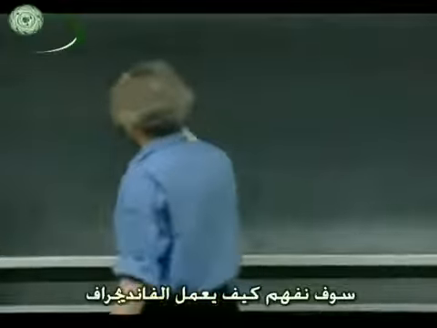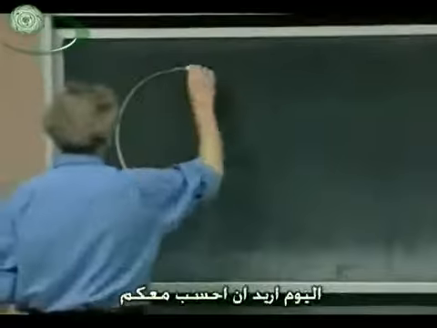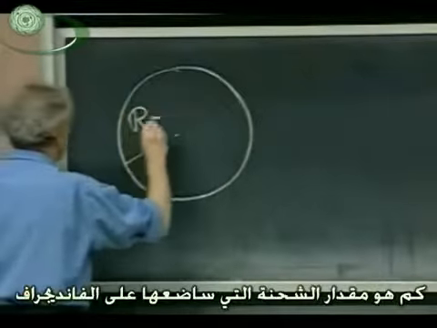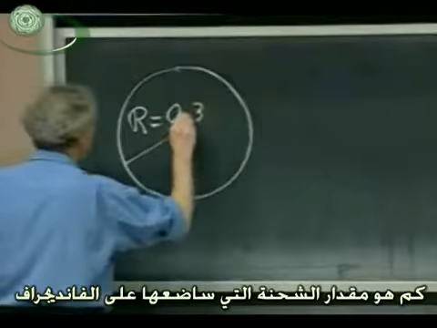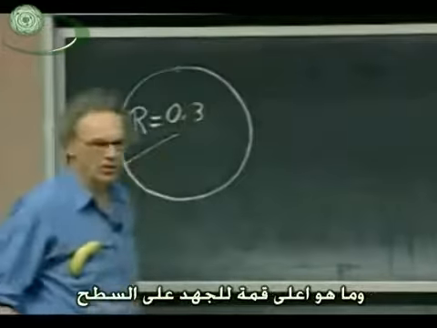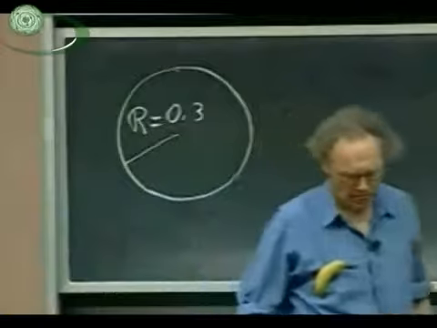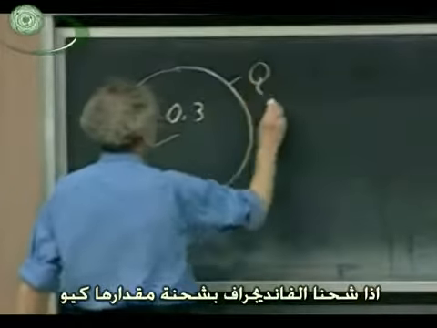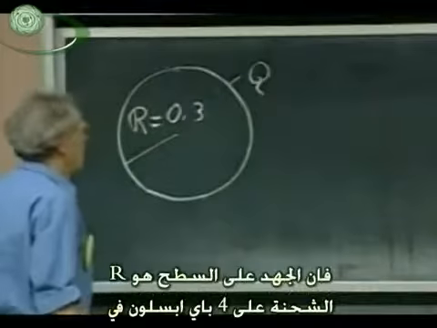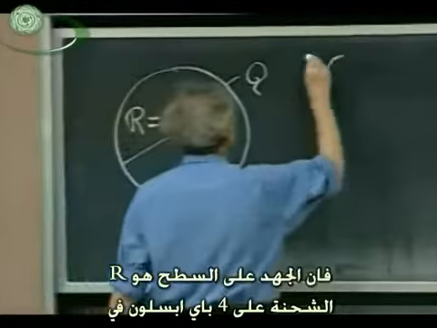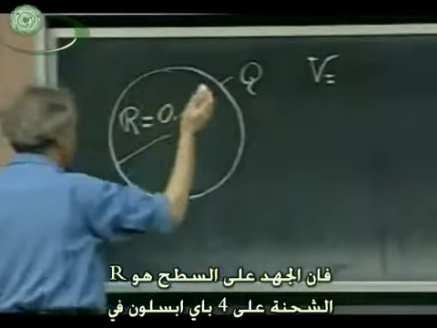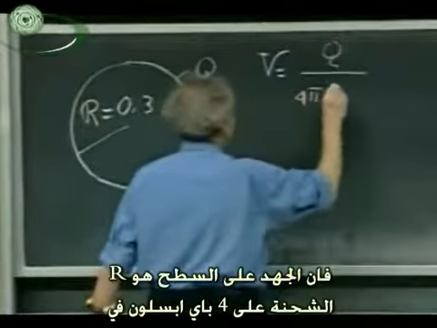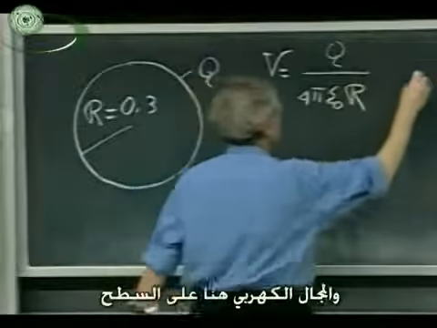Slowly we're going to understand how the Van de Graaff works, and today I want to calculate with you how much charge we can put on the Van de Graaff and what the maximum potential is at the surface. If we charge up the Van de Graaff with charge Q, then the potential of the surface is an equipotential is Q divided by 4 pi epsilon 0 r. And the electric